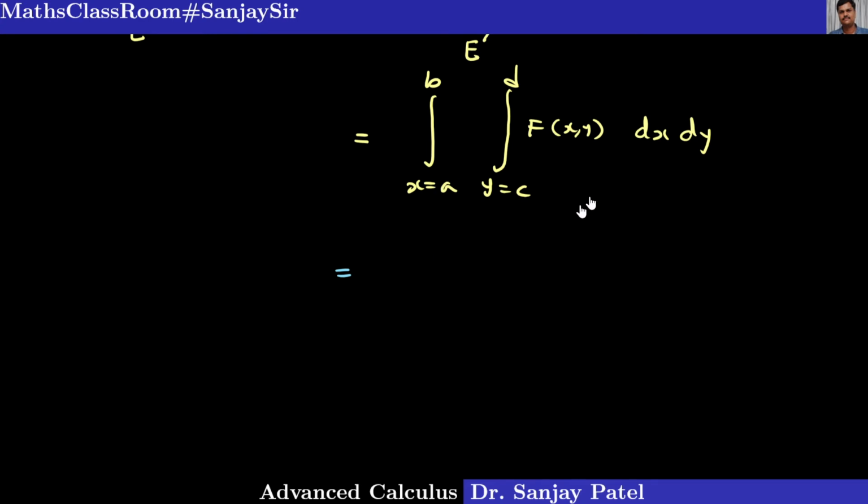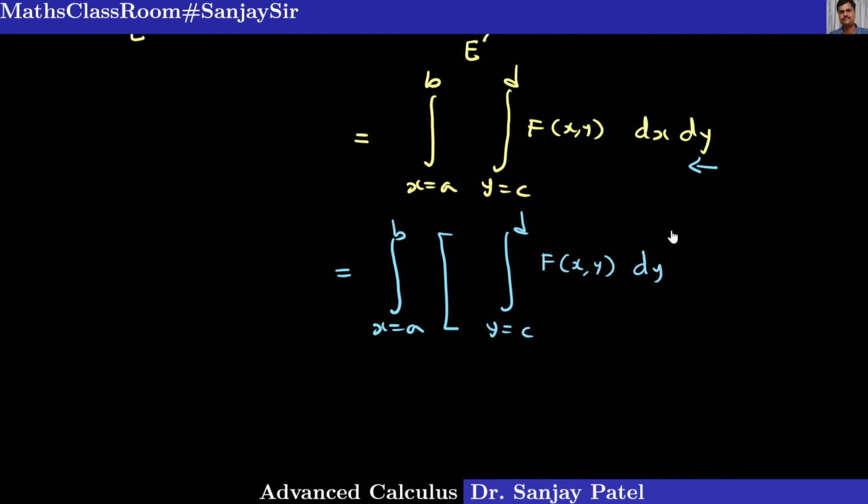So let me write the meaning of this iterated integral, that is integral x is equal to a to b. This is first integrated with respect to y and then with respect to x. Integral y is equal to c to d capital F of x comma y dy, and here it is dx. So this is equal to integral x is equal to a to b, and then consider, we are keeping the value of x fixed here and integrating with respect to y. So when x is fixed, how does y change in this region? So it changes from, say, c to, let me explain in the figure,